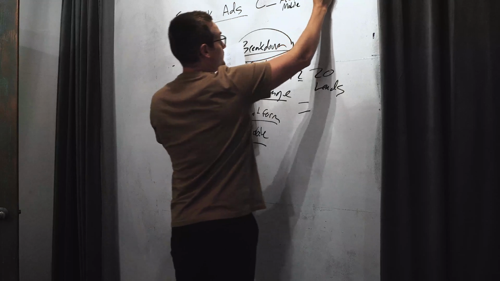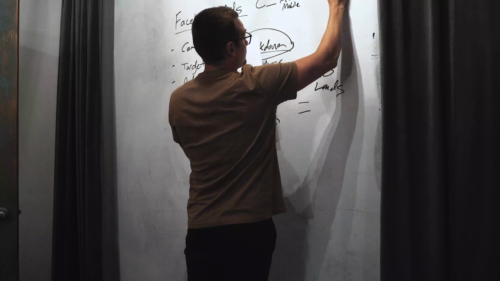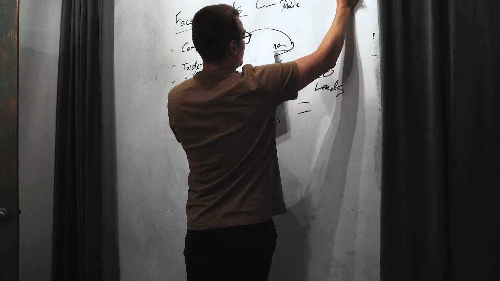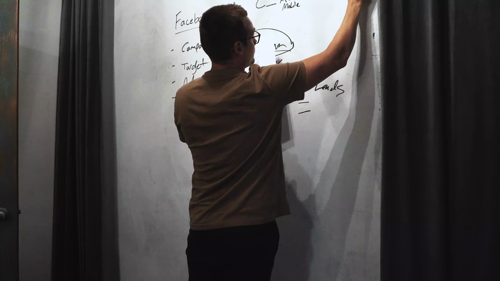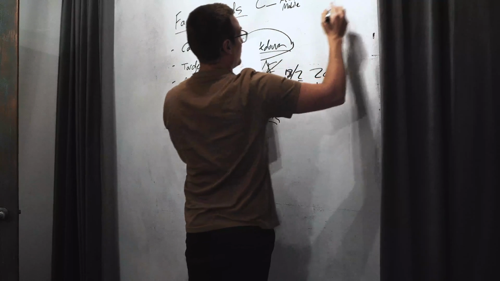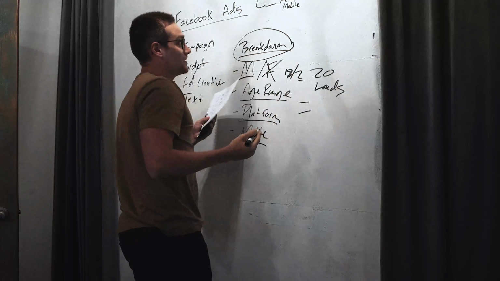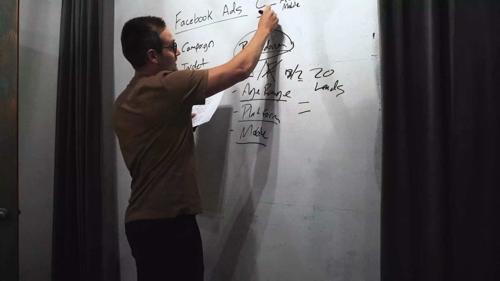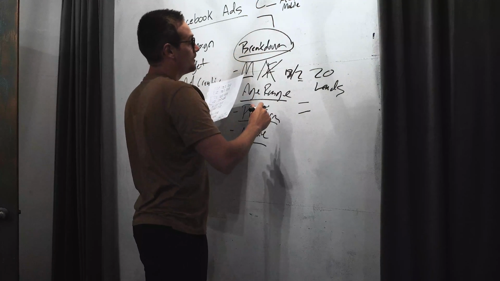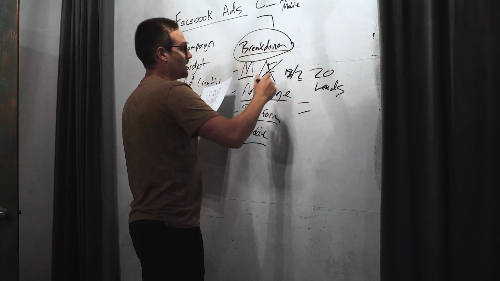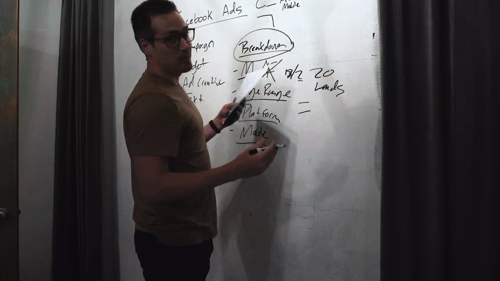Then I'll give my image, so I'll say image A, and then my text A. And this may seem like not a big deal, but when you've got 16 of these ads all in a row, and you're looking at the breakdown and you're trying to see which ad is performing better than the others,